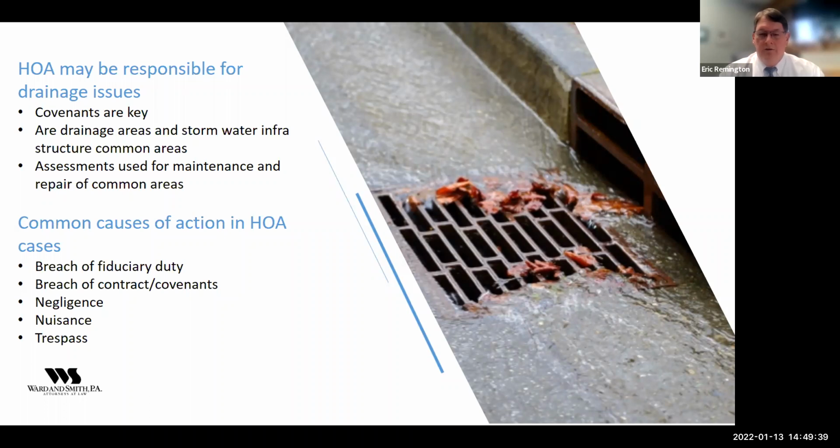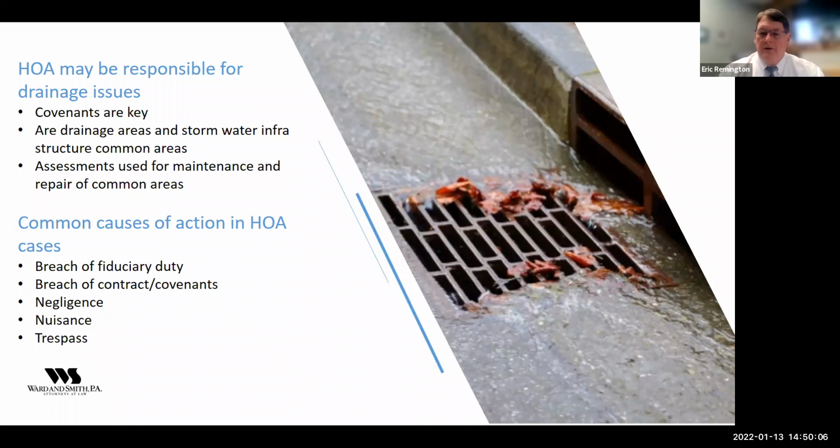if the covenants say that you're not supposed to make any improvements or changes to your lot without HOA approval, and they're putting in a berm without permission of the HOA, then the HOA may be involved in that process. But ultimately, that's probably a dispute between the two lot owners as to whether the one has the right to build the berm or not. So that's just a quick example of how that can come up.